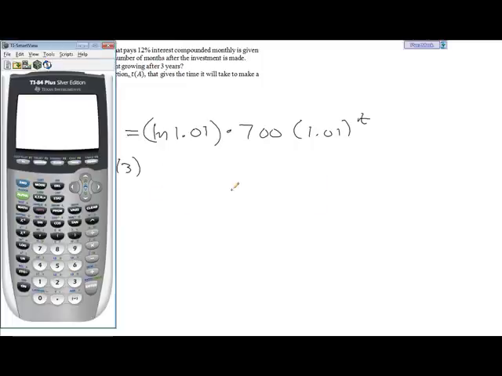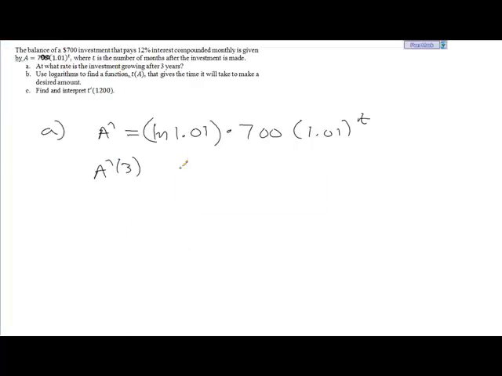The question is, at what rate is the investment growing after 3 years? That's going to require a derivative. So A prime is going to be the natural log of 1.01 times 700 times 1.01 to the t power. So to figure out how fast it's growing after 3 years, we'll do A prime of 3. And A prime of 3 is going to be the natural log of 1.01 times 700 times 1.01 raised to the third power. And that gives me about